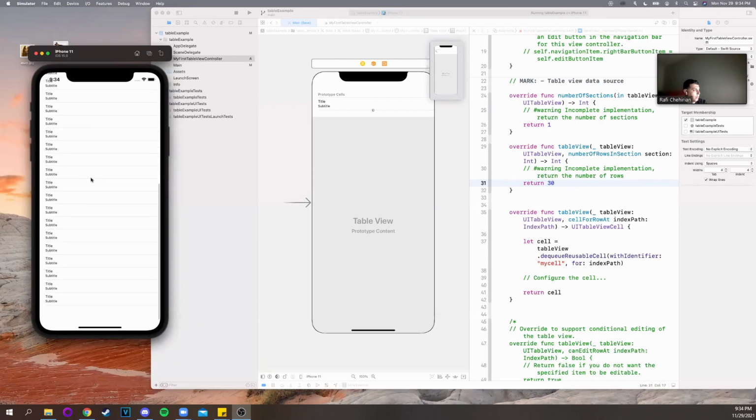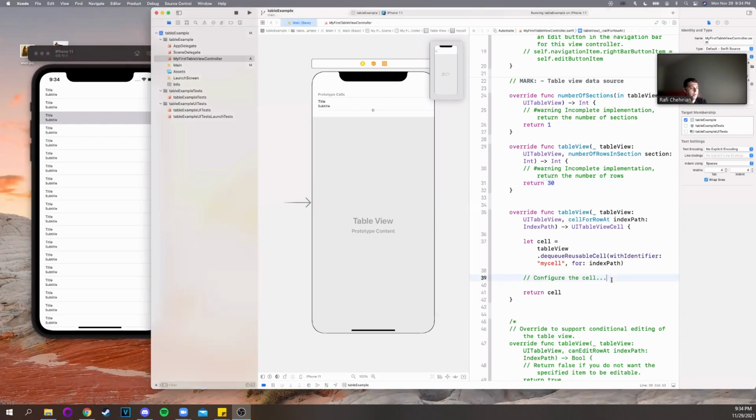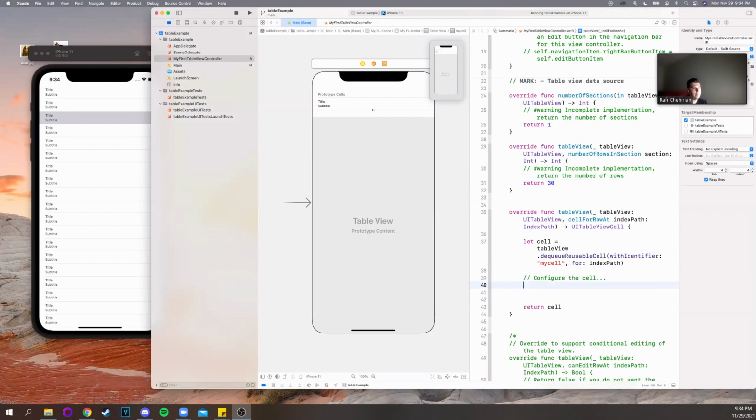Yeah, so now I have a table view with 30 cells and each one of them has nothing. There's title, subtitle because of the type that I selected. I can configure the cell here. We'll show you a couple of basic things before we call it a night, but